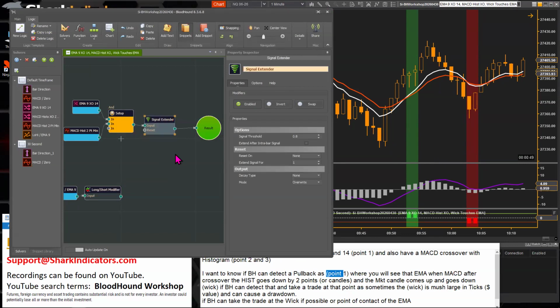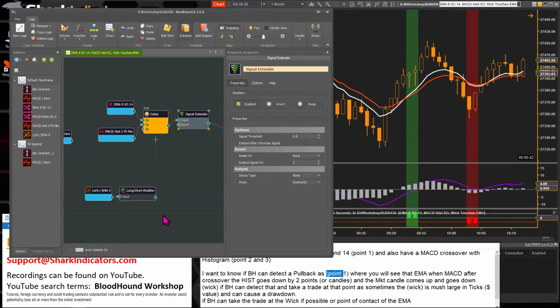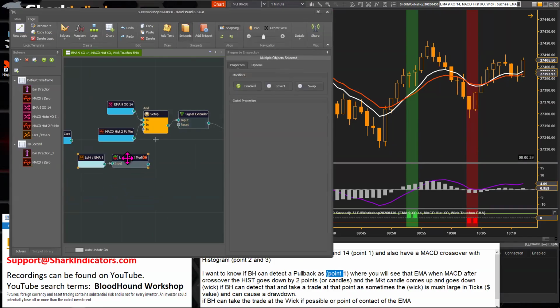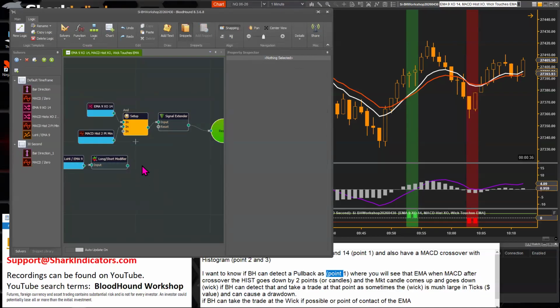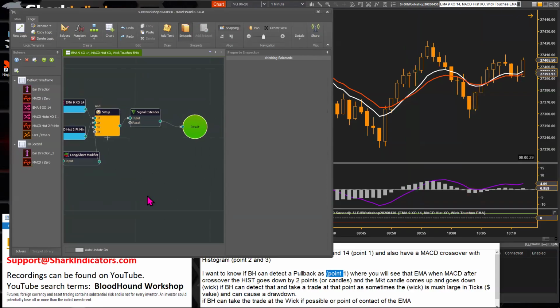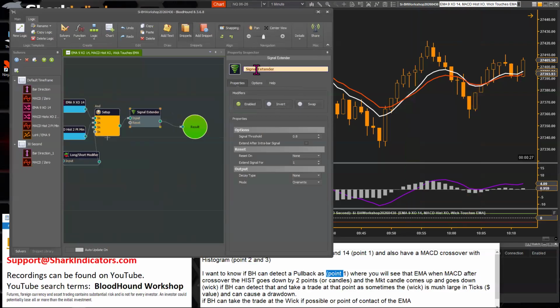So, right, matter of semantics there. And then, so if you only want it to be the setup bar there, then we can just connect this in right there. And there we go. And we have it. So, but if you want to allow for 2 bars there,